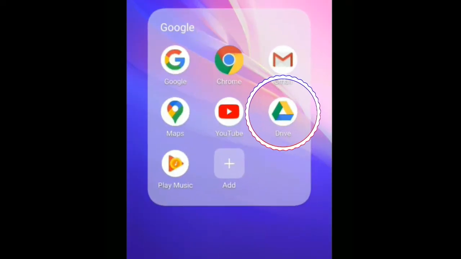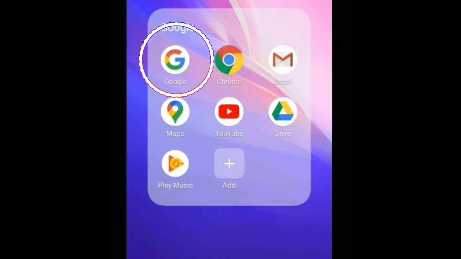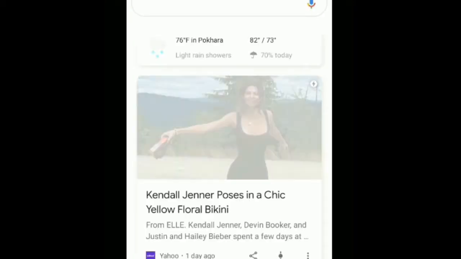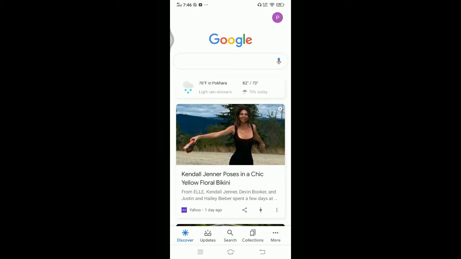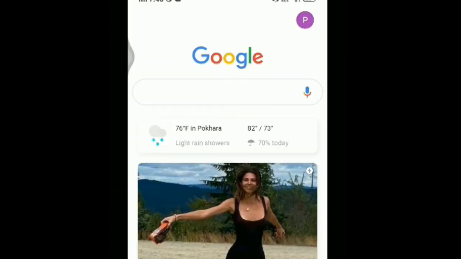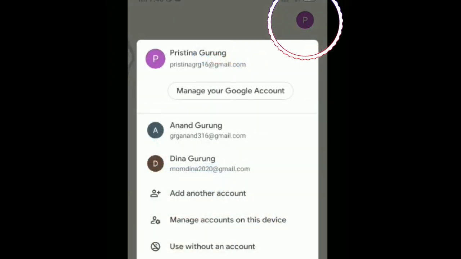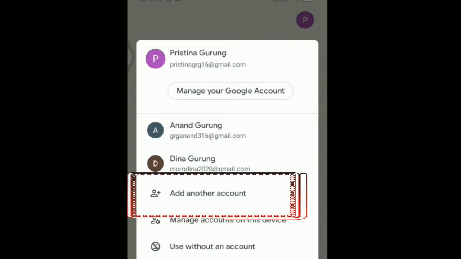Today I'm talking about Drive, but before using this Drive, be sure first of all you have signed in to your account in Google or not. So I check here my ID in this Google, and whether I have added my ID or not. Now I click on this one. Now see, in this list I don't have my ID, so I'm going to add my account first. Add another account here. I click on this,